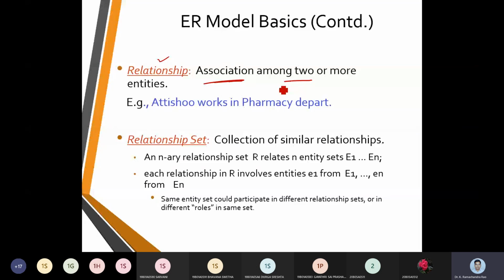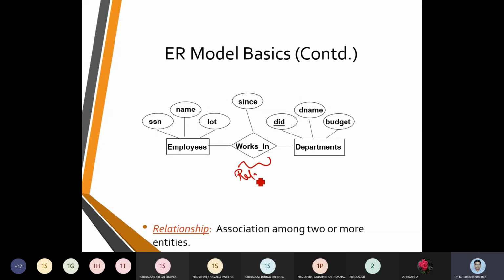That is where the relationship is going to pull up some collection of relational entities. So now WorksIn is going to be called a relationship, and as it is going to be used with an attribute, it is called a relationship set.